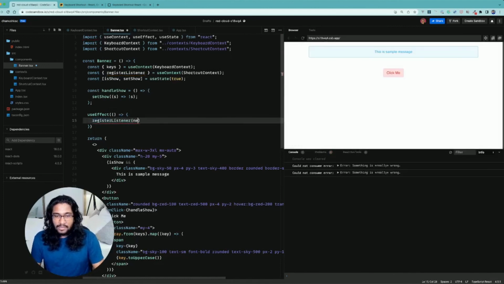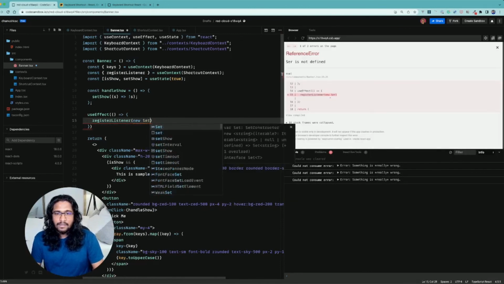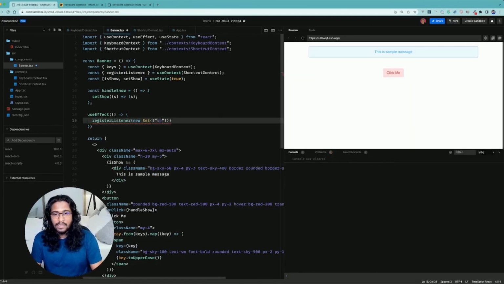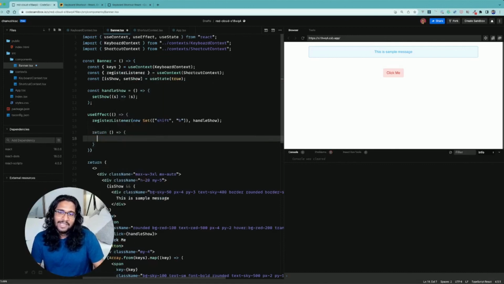Okay, so I need to provide a new set, and this set should contain shift and B, and this should handle show, right? Okay, also don't forget to add a cleanup function, because it is also one of the main things you have to think about, because once this component is unmounting, you have to